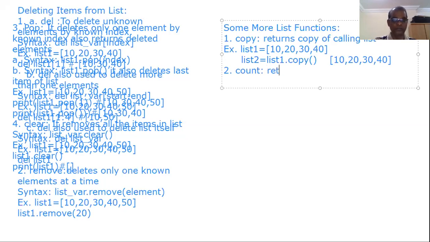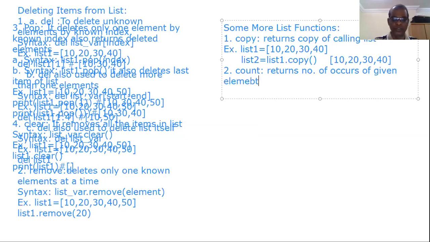This is the first case. Next one is count. It returns the number of occurrences of a given element. Here we can find out 10. Here 10 is available 2 times.